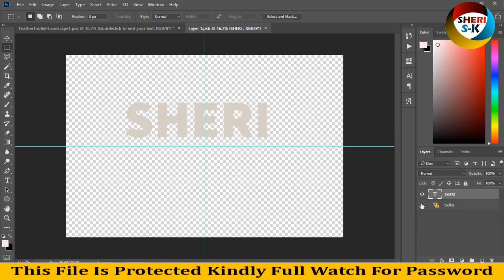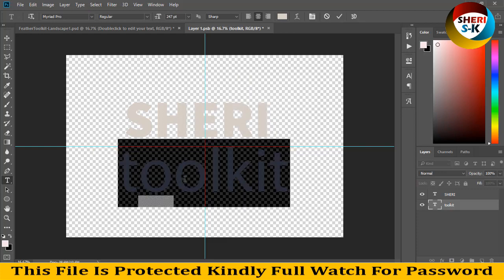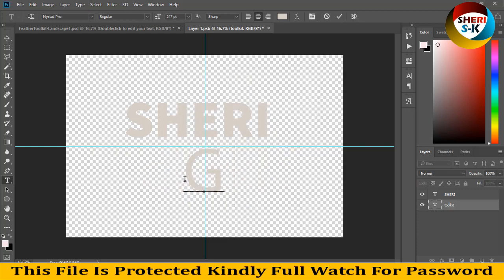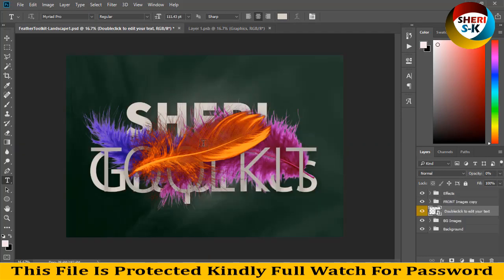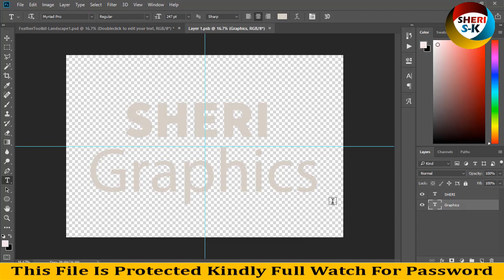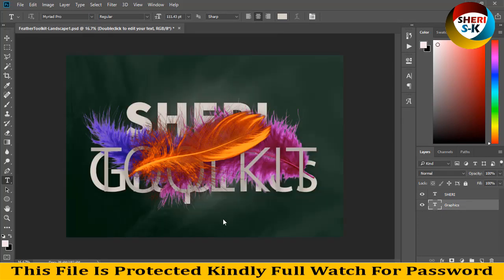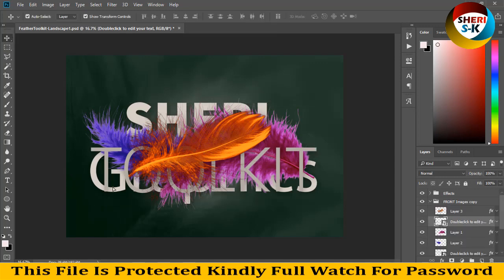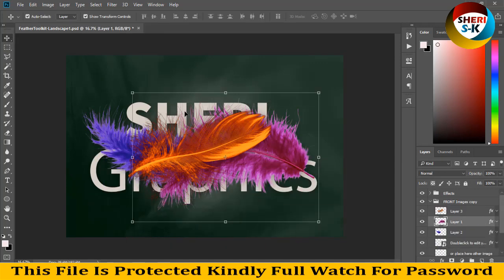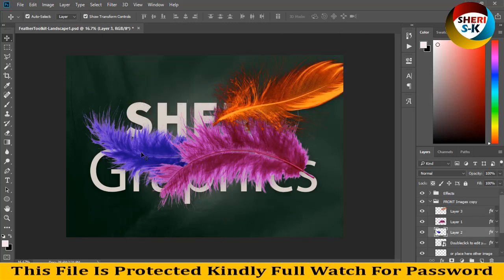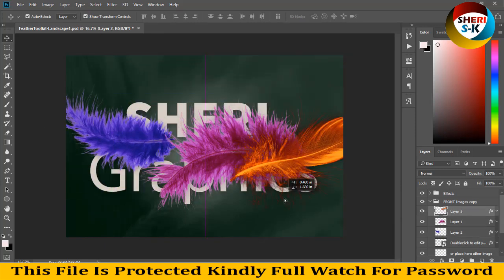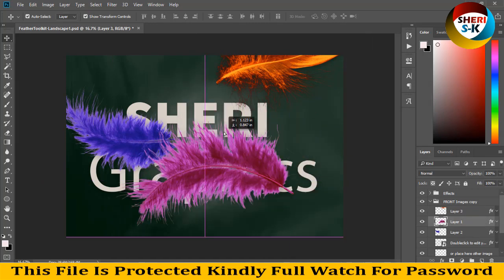Double click and show on toolkit. Just Sheri graphics. Control S, and you see there. Oh, toolkit, and delete it. So depend your own choice. You can adjust one by one or make your own designs. Okay,